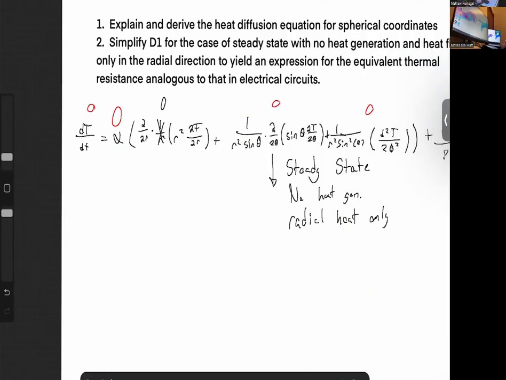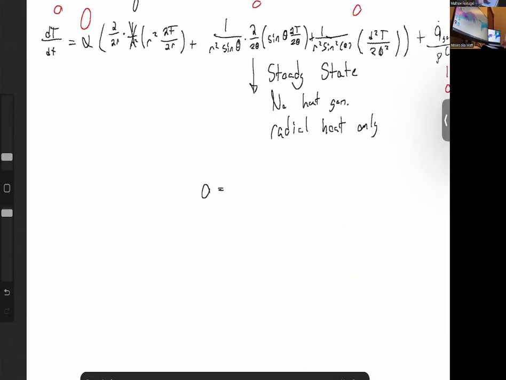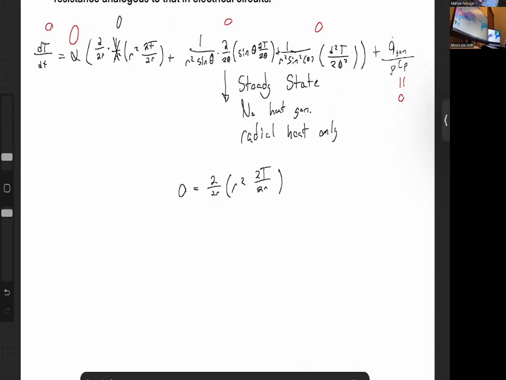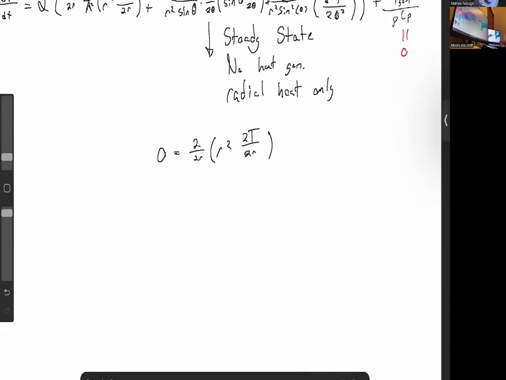So our final state in this case is going to be 0 equals d/dr of r squared times our temperature gradient with respect to our radial distance. So we're left with an equation like this. And the whole point of this is that we're going to try to separate our change of temperature with Q and some thermal resistivity, to show what the resistance of our system looks like, our thermal resistance to be specific. So if I integrate both sides, I get 0 equals r squared